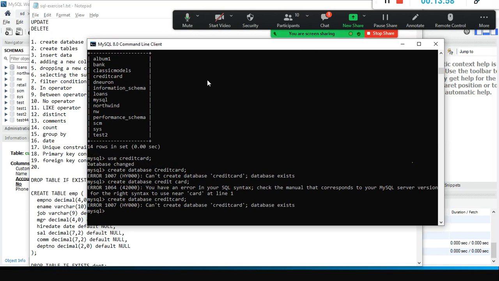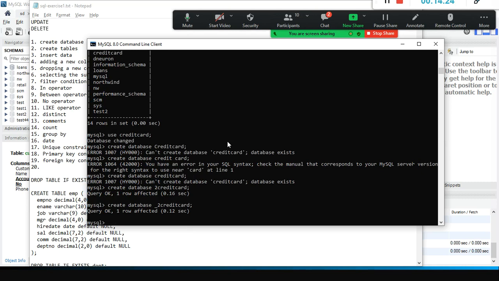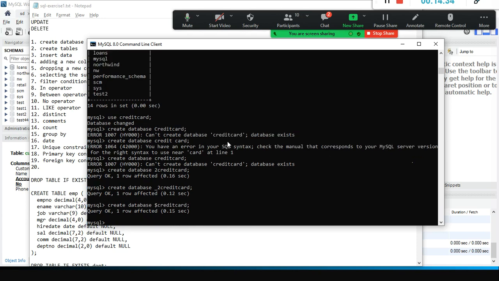Very possible. There is some naming standard you need to follow when you use the database name and table name. The database name or table name should not have space in between. It should be continuous. And I think numbers are possible, underscore or something, some rule is there. Everything you can do, but you cannot leave space. Or you can start with some special character, dollar credit card. That is also possible. But don't leave space, okay?